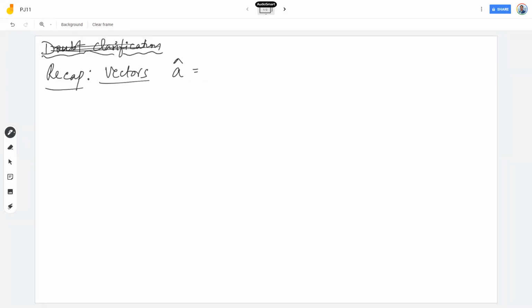Unit vector along a vector a bar is a bar by magnitude of a bar. So if you know a vector a bar, then how do you find the unit vector along the vector? a cap is equal to a bar by magnitude of a bar. Or you could say any vector is a product of its magnitude as well as its direction. This gives you the magnitude of a vector. This means the direction of the vector. That is the purpose of a unit vector. So this we saw already.